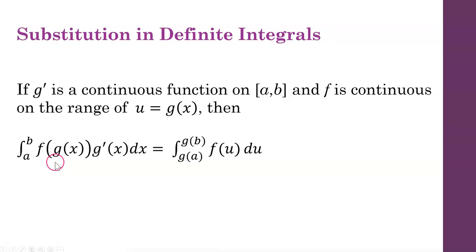So I want to make sure that f is continuous on the range of g of x between a and b, while g prime needs to be continuous on a to b itself. And if those are true, then I can do my substitution,